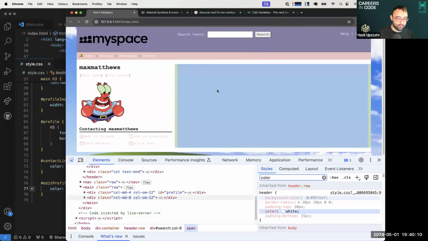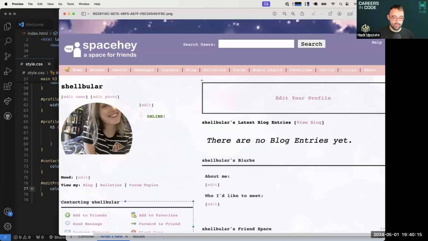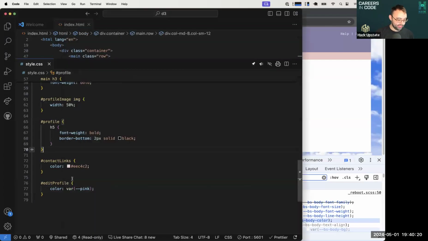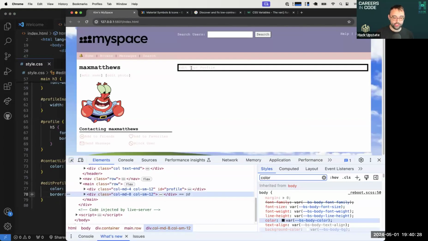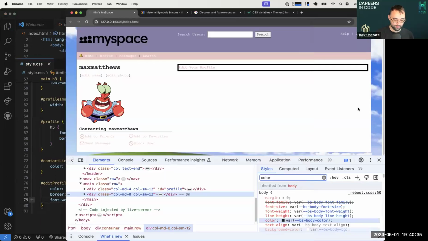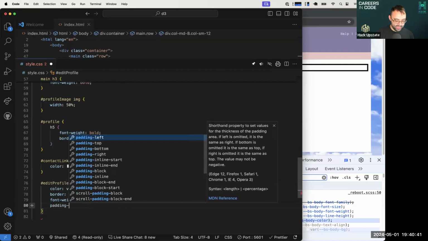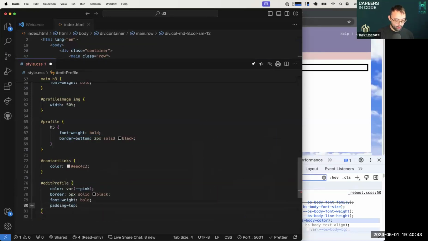Okay, edit your profile. This is what we are shooting for. We are shooting for it in a black box with some space around it. So we are going to say the edit profile is going to get a border. Let's say 5px solid black. That will get our box showing up. Now that font weight is driving me crazy, so I'm going to make that bold. Fixes that. And now we will throw some padding because we want it to be inside the border on the top of, let's say, 30 pixels and on the bottom